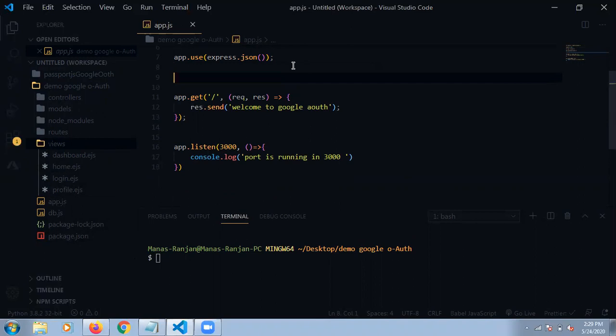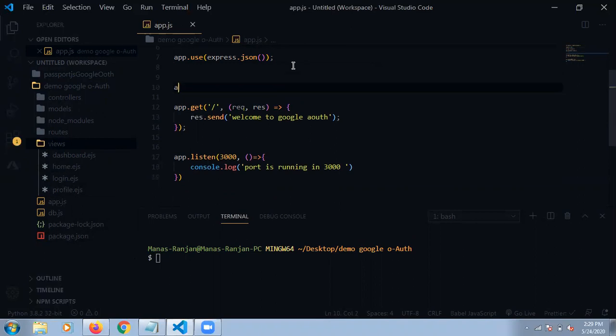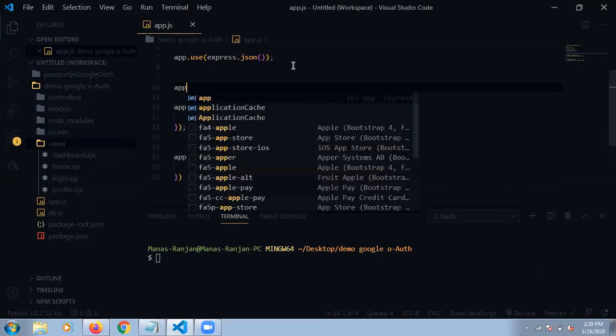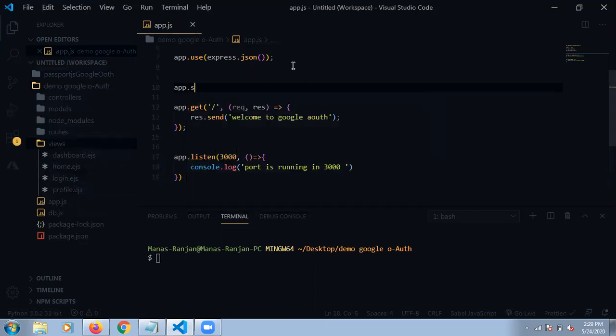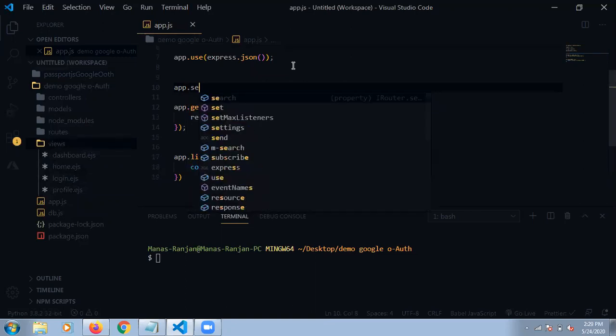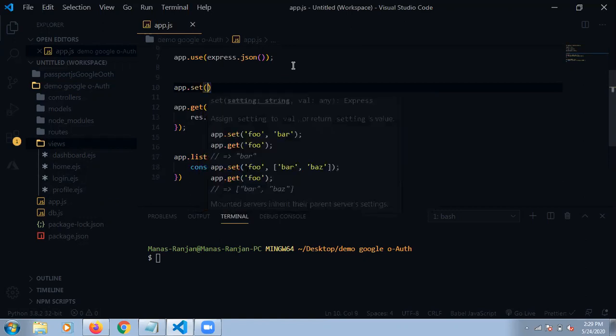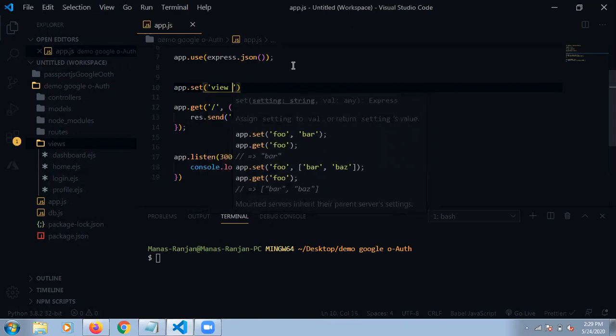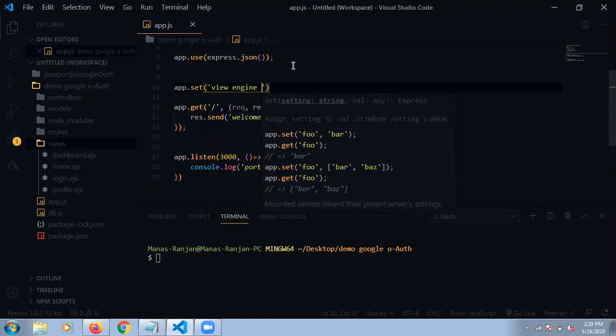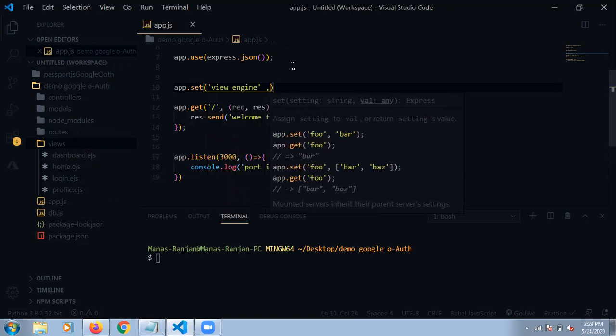Whenever we have to connect our application with any template engine, we have to write app.set, and inside it we mention the view engine. The second one is to connect our view engine with EJS.